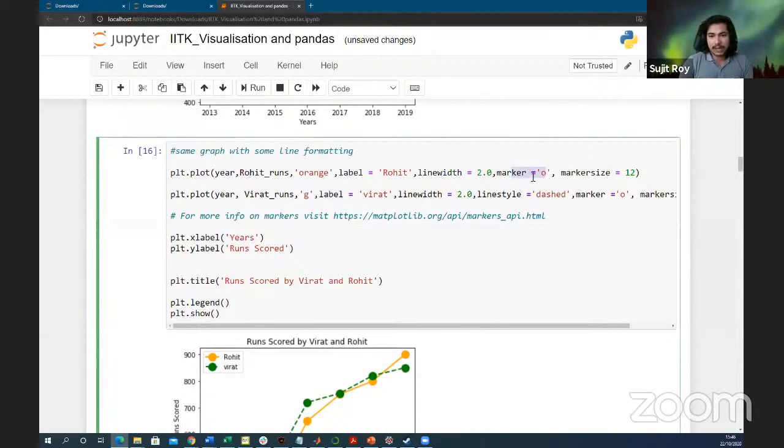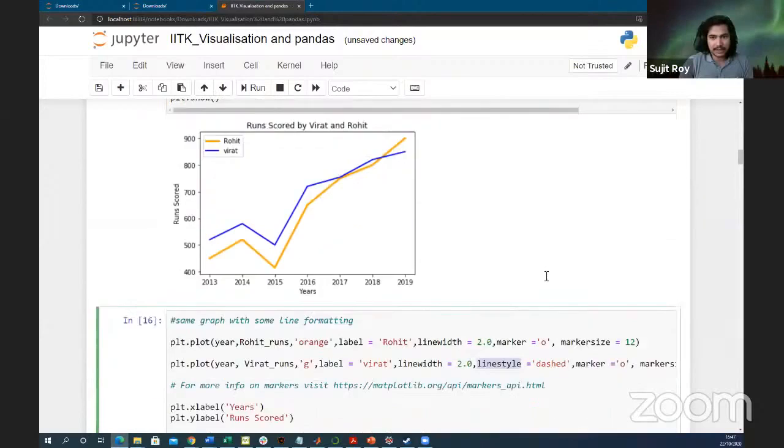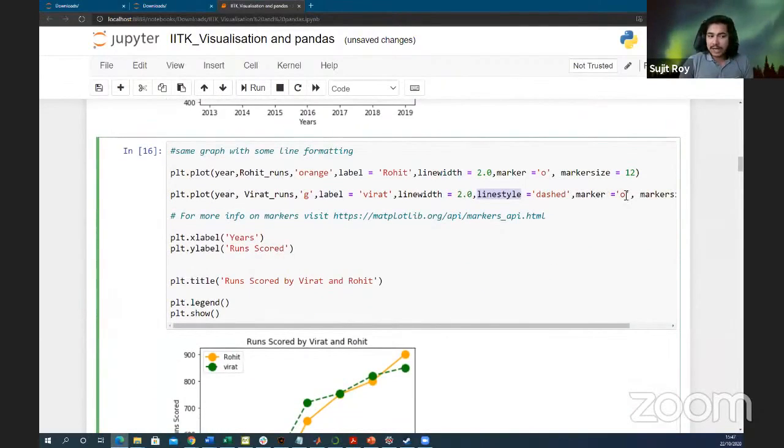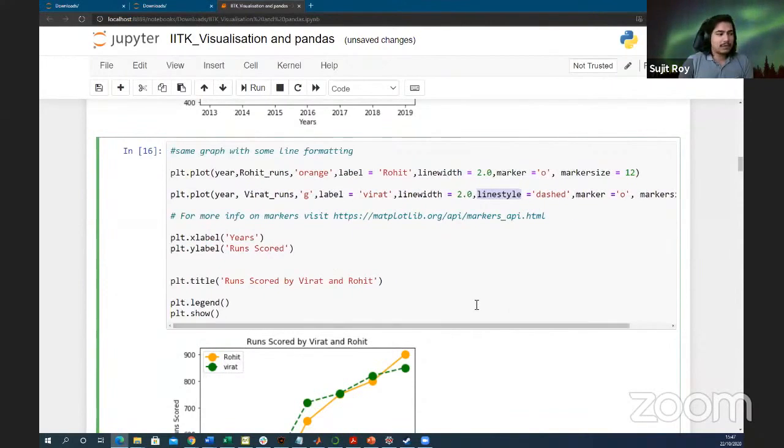We have initiated the marker with O, and the marker size is 12. And then again, it's Virat and the line width. Then the line style is dashed. In the previous one, we did not define any line style, so it automatically used the connector line. The line style is dashed, the marker is O, and the marker size we are giving is 12. So only for Virat's runs, which is the green color, these properties will be applied, which is dashed, O,